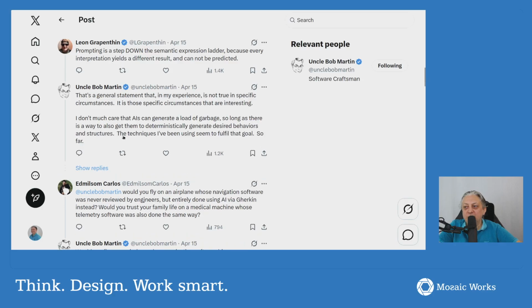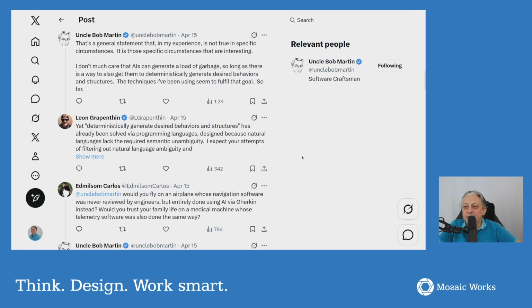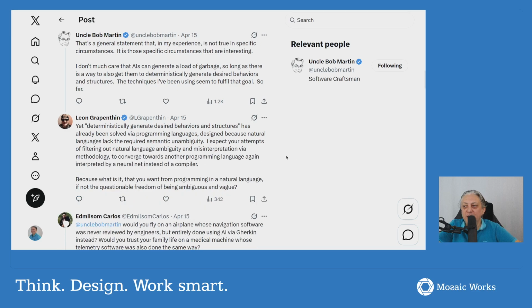I don't much care that AIs can generate a lot of garbage so long as there is a way to also get them to deterministically generate desired behaviors and structures. The techniques I've been using seem to fulfill the goal so far. Yet deterministically generating behaviors and structure has already been solved via programming languages, designed because natural languages lack the required